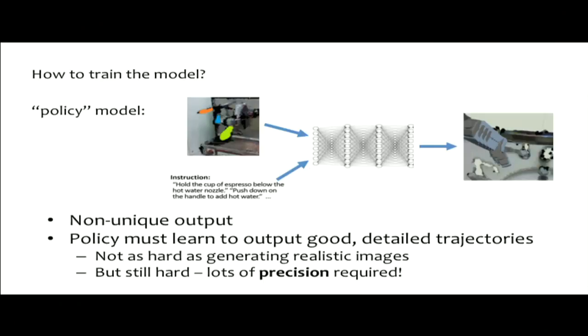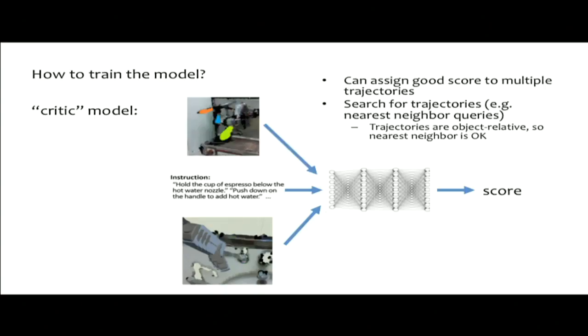And so the approach that they take in this paper, instead of just training a policy, is they train a critic model that, given a point cloud, a natural language instruction, and a trajectory, outputs a score. The score is just a scalar value that says how good that trajectory is for the natural language instruction and the point cloud. And so this deals with the multimodality problem of the trajectories because all it has to do is output a single number, a single score for the triplet that was passed in. And it can also assign a good score to multiple different trajectories rather than having to output a single trajectory.